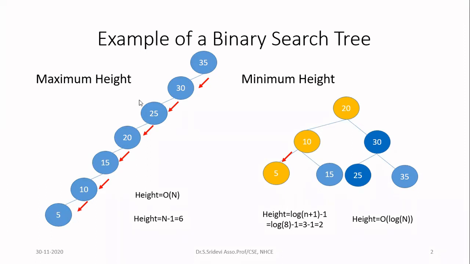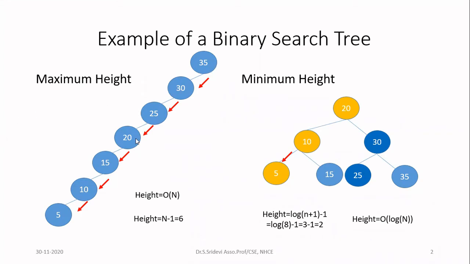And if you consider the binary search tree given in this slide, there are two search trees given, but both the search trees are for the same input. If you consider the numbers in the data, you will have 5, 10, 15, 20, 25, 30, and 35 in both the trees. And we have seen in the binary search tree chapter that the height of the binary search tree is depending upon certain thing. Now let us see again one more time.